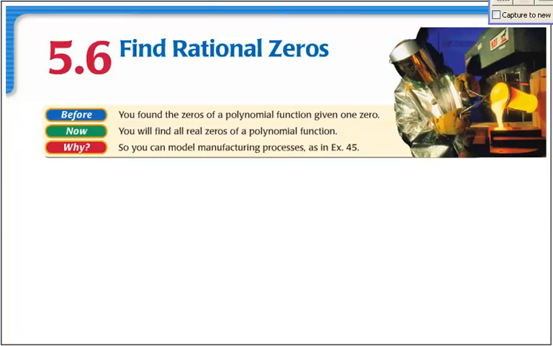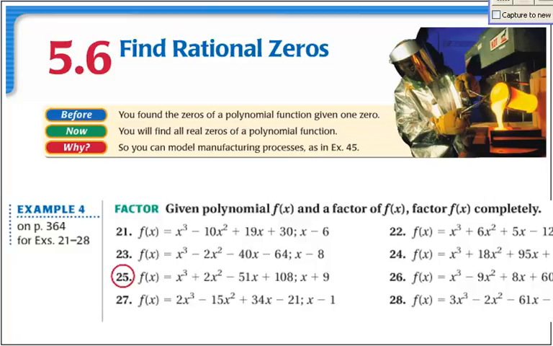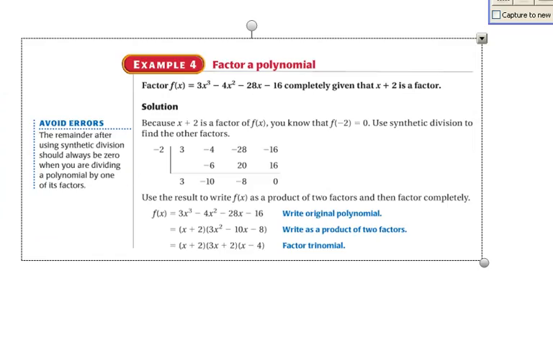Recall that we have just finished working on problems like this, where you are given a polynomial like this, and they tell you a factor like this, and then they tell you to factor it completely. But what they've done is they've given you the first factor. So if we look at an example like this,